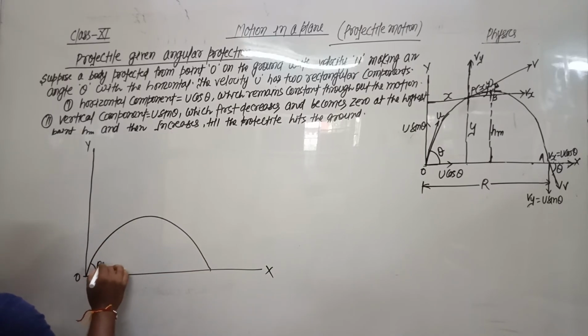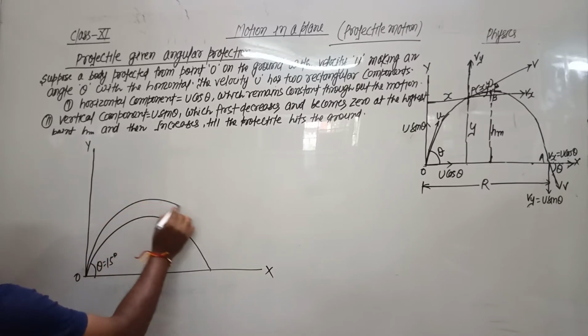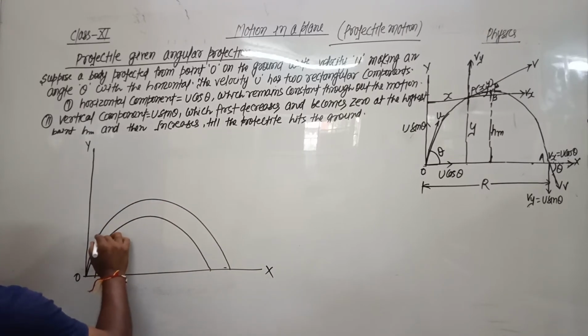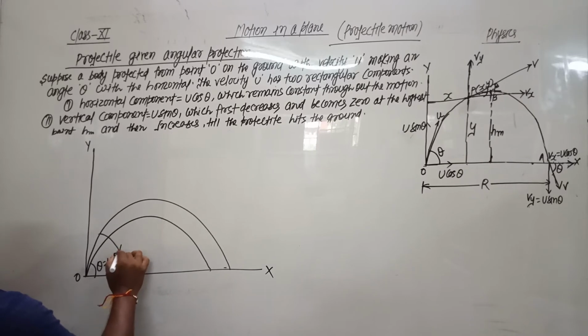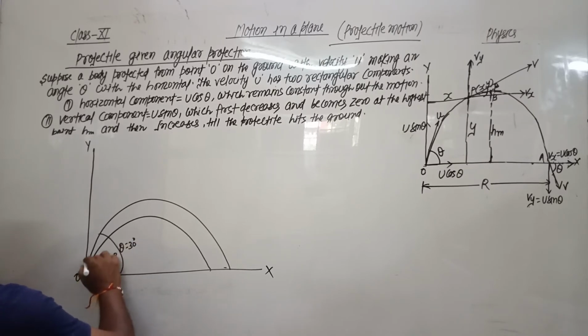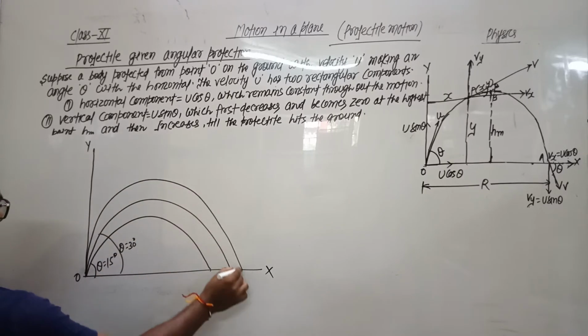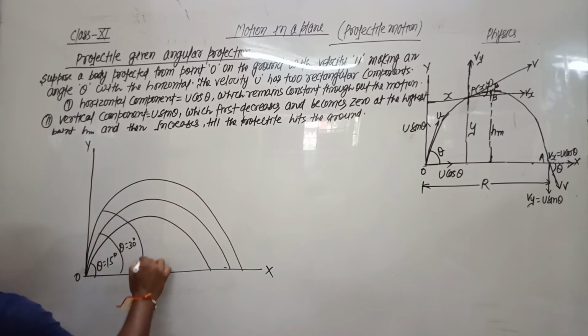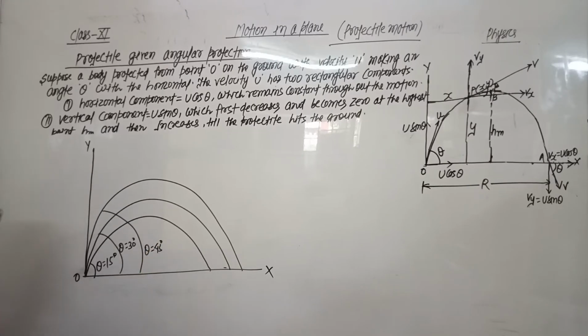Let this be angle theta equals 15 degree. Then the angle theta equals 30 degree. This is angle theta equals 45 degree. That is for 15 degree, 30 degree and 45 degree. Now for 60 degree,